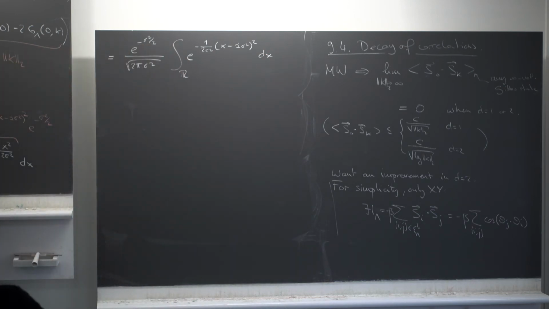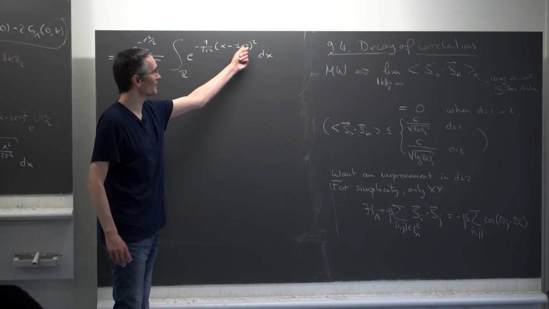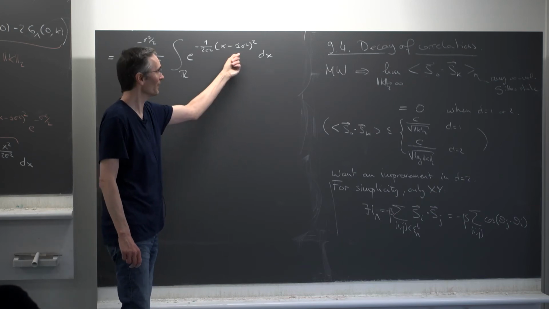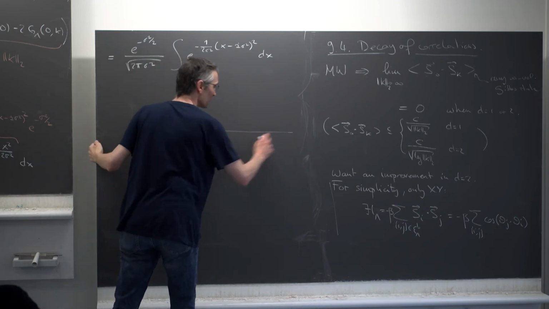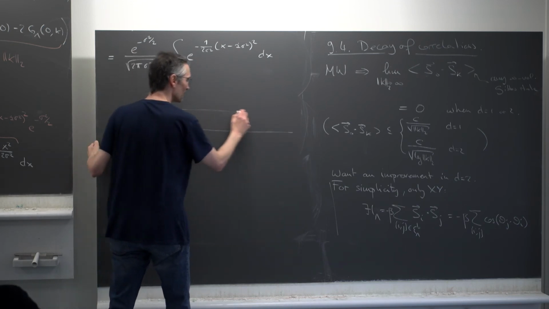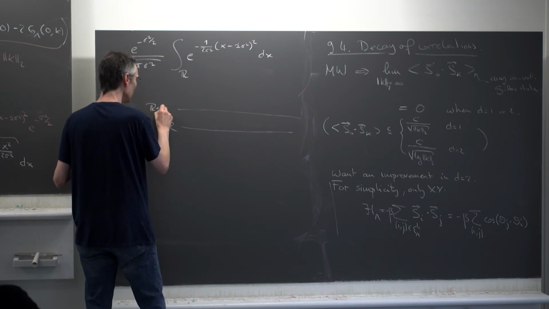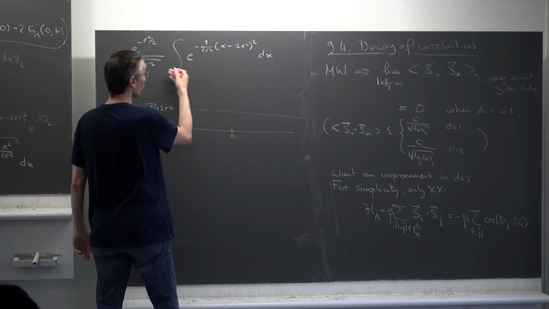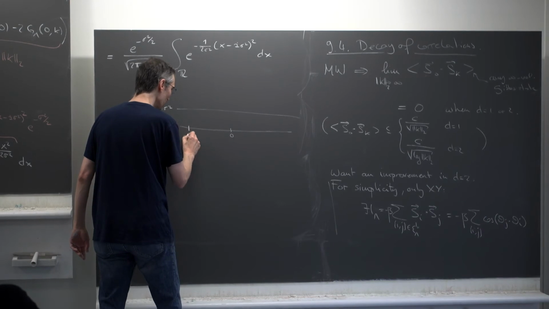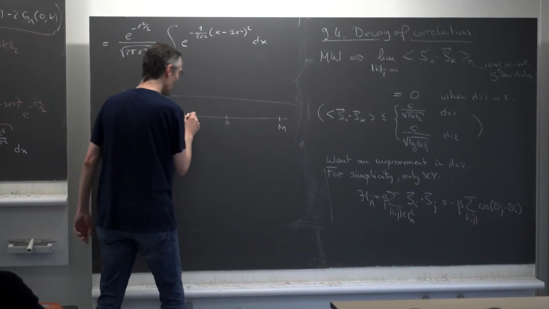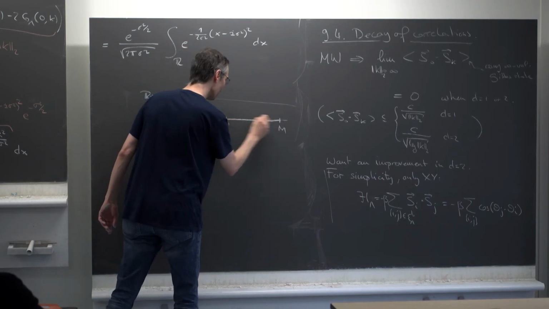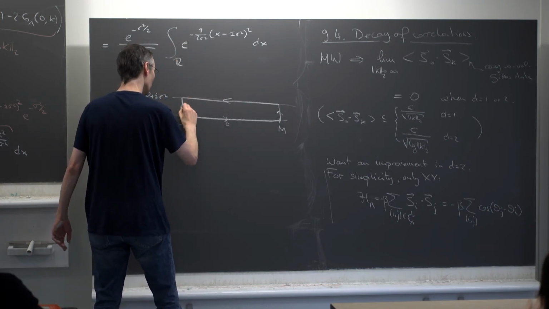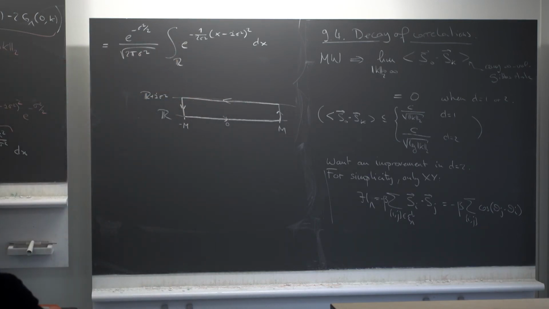Now I'm not very happy with this i sigma squared. I would like to get rid of it. If it was a real integral, we would just make a change of variable and be done with it. In the complex plane, we have to argue. So let's argue. This is the real line. That's the real line shifted by i sigma squared. I'm integrating over the whole real line, but let me only integrate between minus M and N, very large numbers. I'm integrating over this path here, and then I close it like that, integrating over this path in the complex plane.